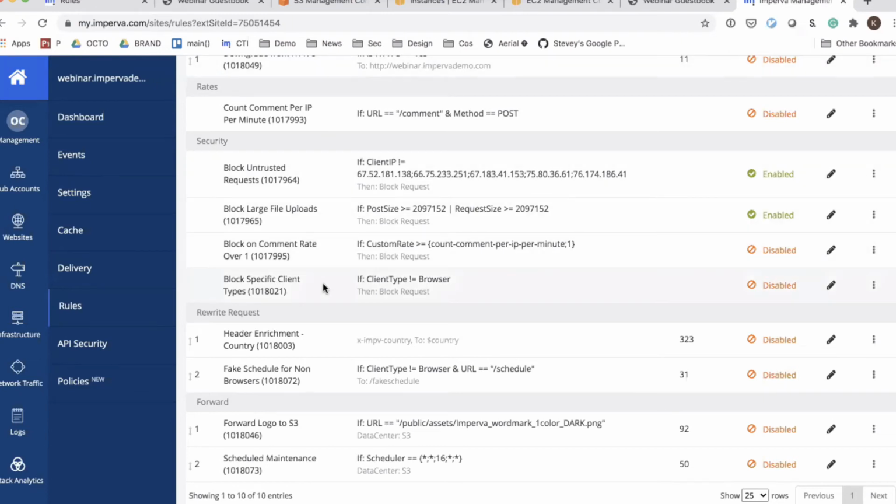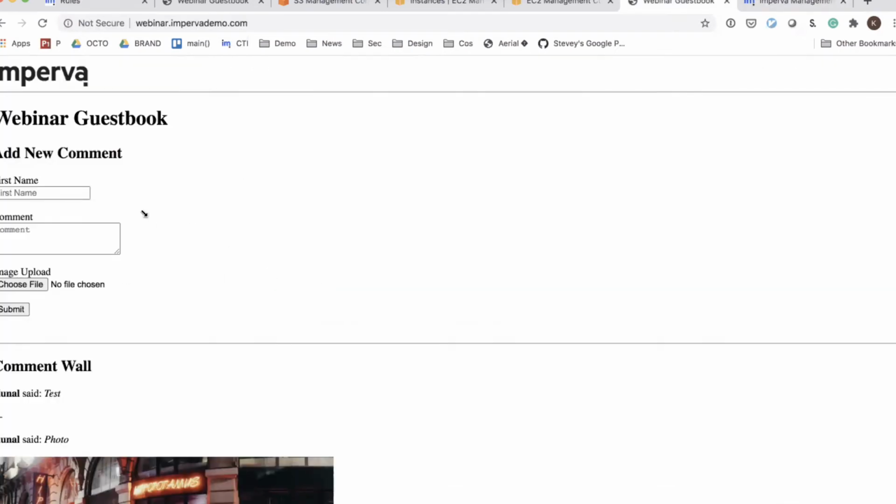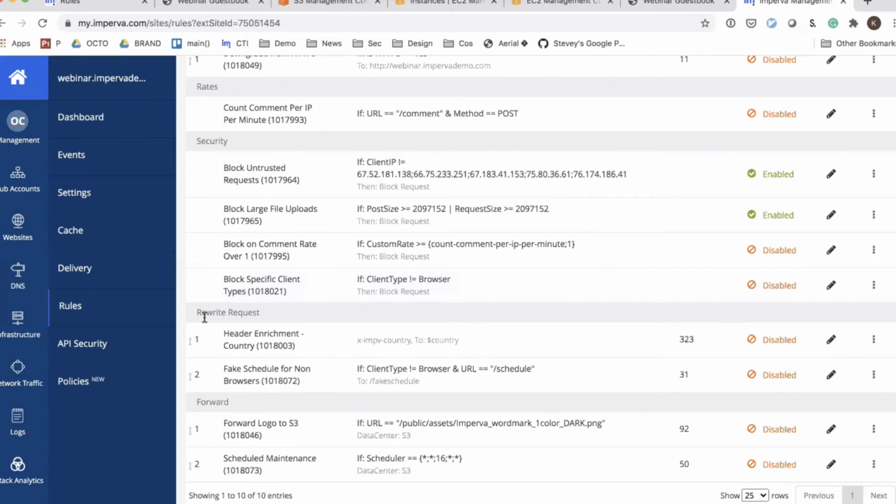So the next thing that we've heard from people is, I'm really worried about volumetric attacks. I'm really worried about people that may be abusing the business logic in my application. And maybe we want to build a rule that says, I don't want someone to comment more than once in a 60-second window. So it's actually a series of 2 rules. And this is going to show you now the real power of the rule-based system.